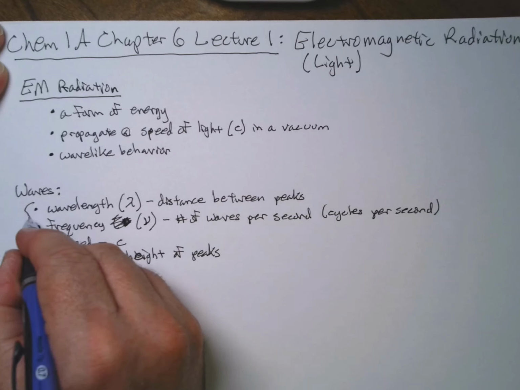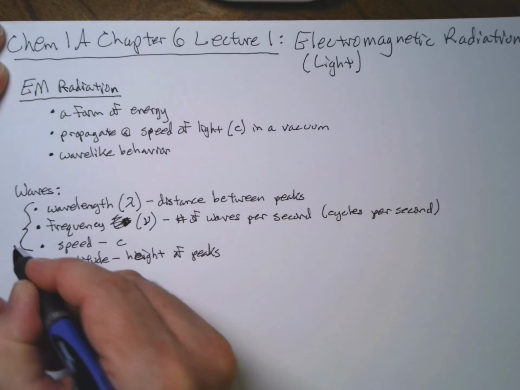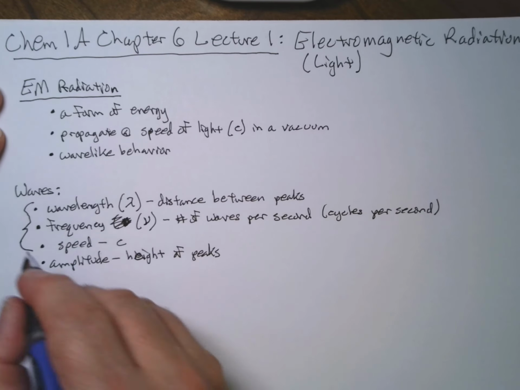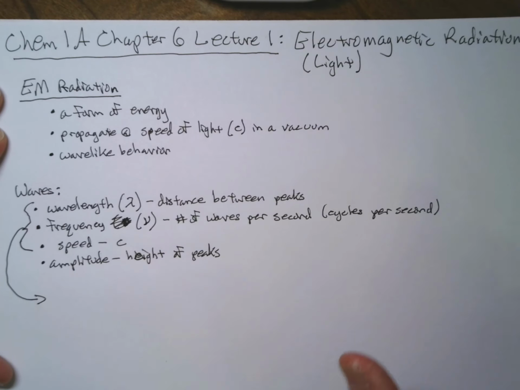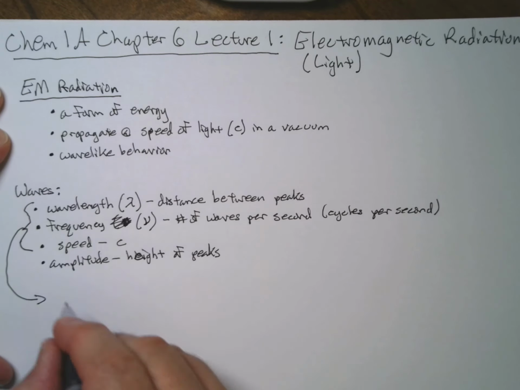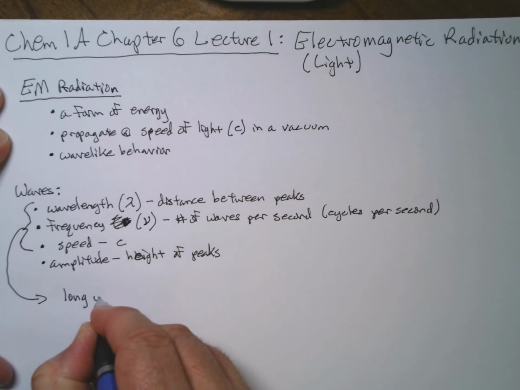So let's focus on these three here. Speed is constant, and frequency and wavelength are inversely proportional. So long wavelength